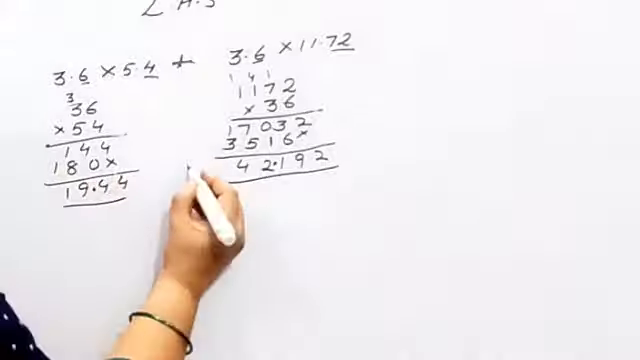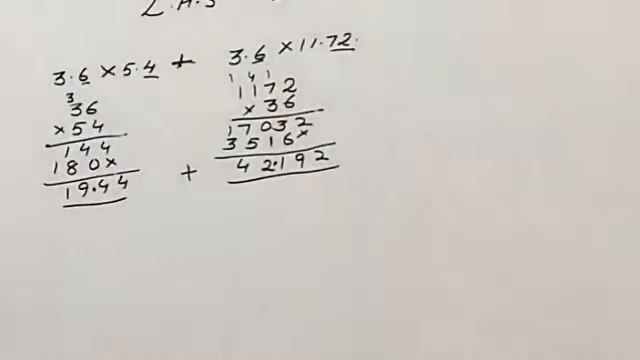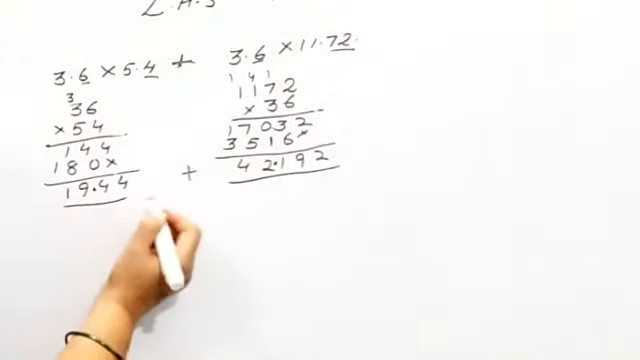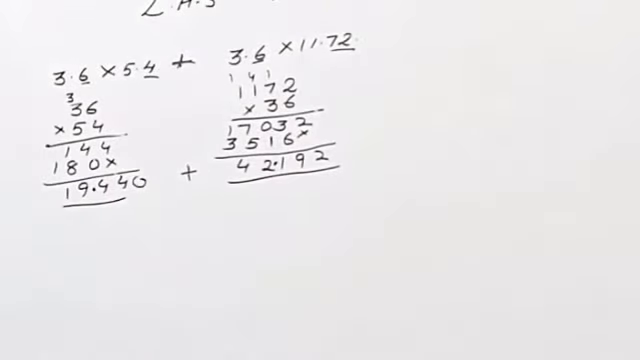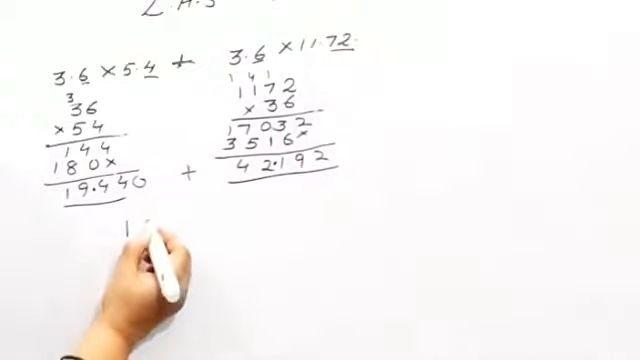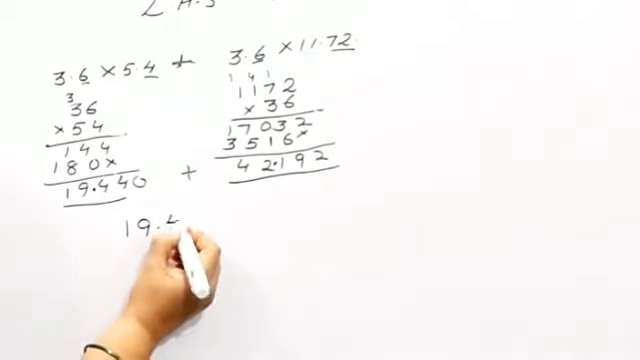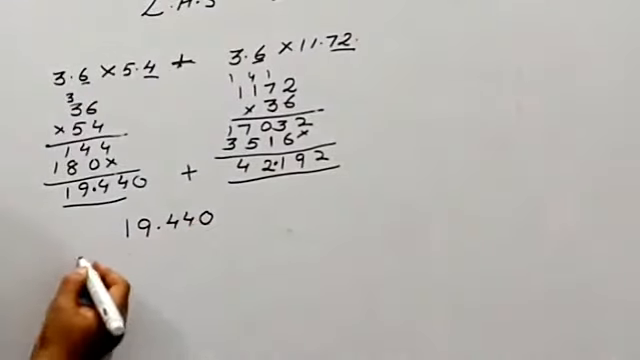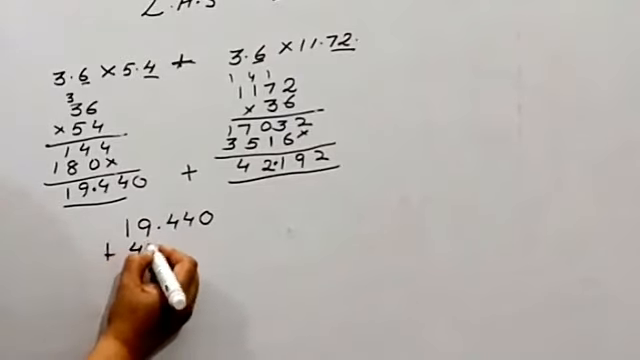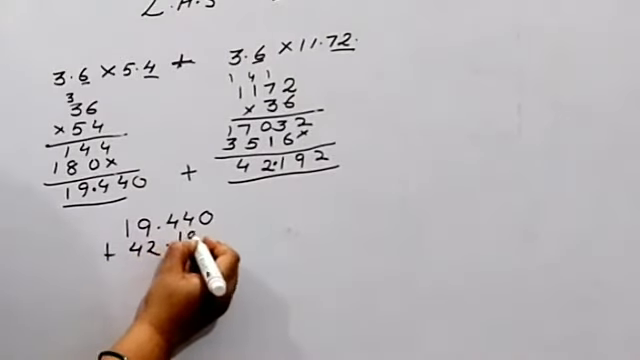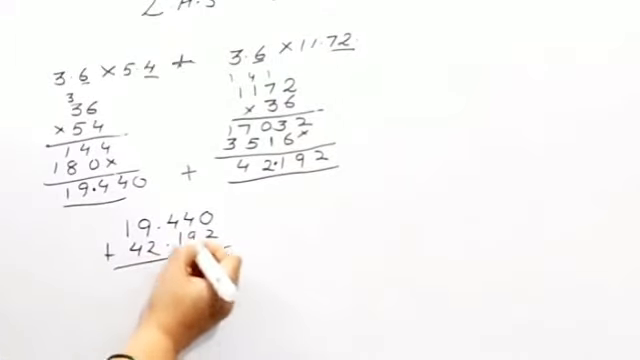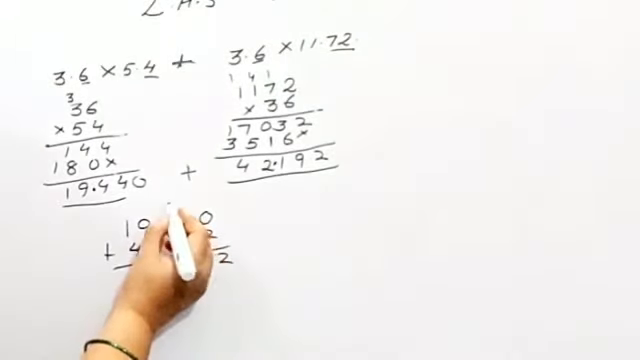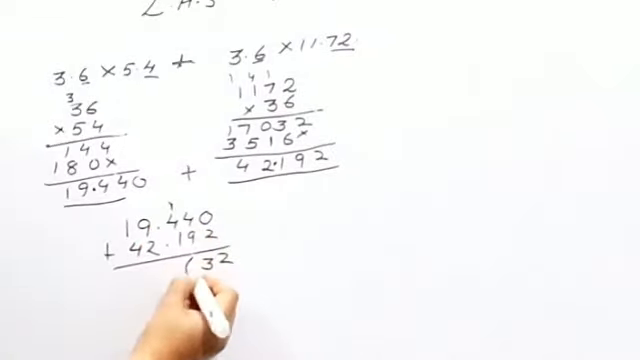Step 3, add the 2. So let's arrange in addition. Before it, let me convert them into like decimals. Here you have 3 decimal places, so add 1 zero and make it like decimal. Now arrange: 19.440 plus 42.192. When you add 0 plus 2, 2. 9 plus 4, 13, 3 down, 1 carry over. 4, 5, 6,